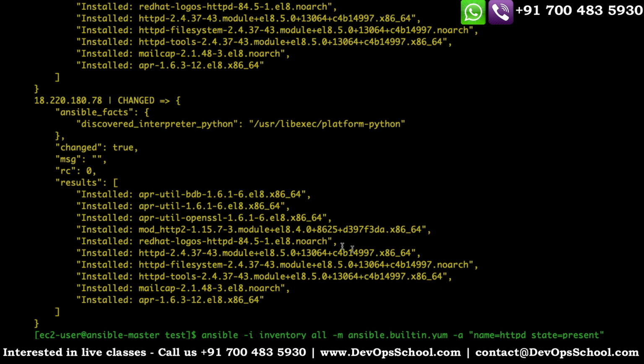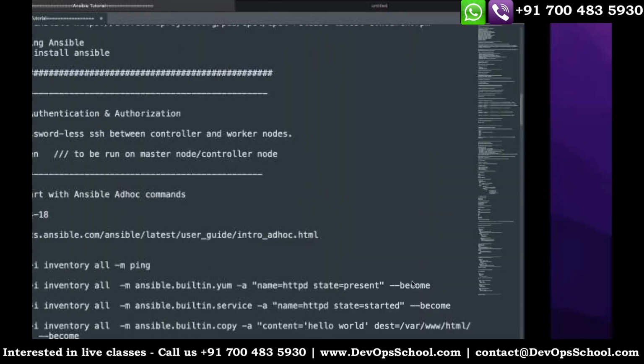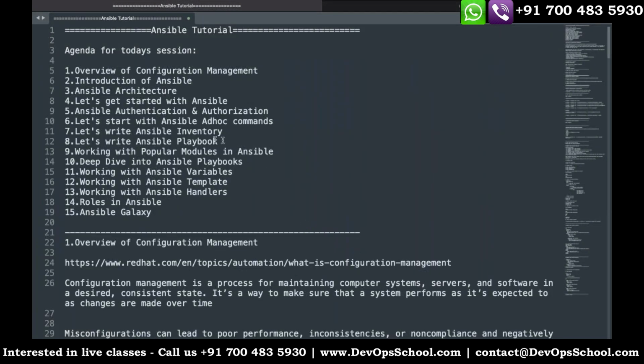Now, this is one example. We have used -a also here, and we have understood why we are using all. In an upcoming section, I'll explain more about this parameter for when you want to target a specific group. So once we have understood what an ad hoc command is and how to use it, that is fine. The next thing is